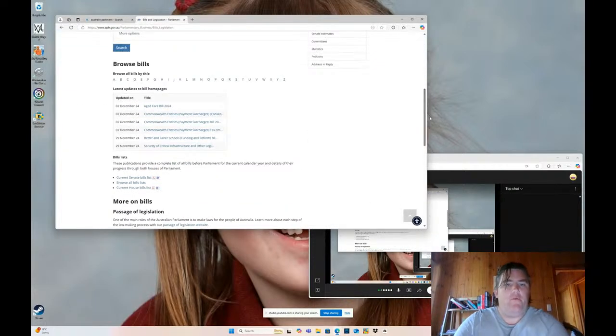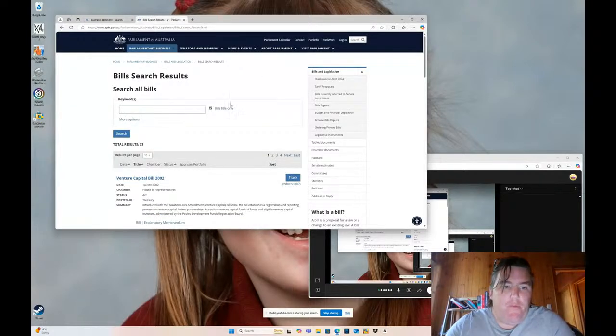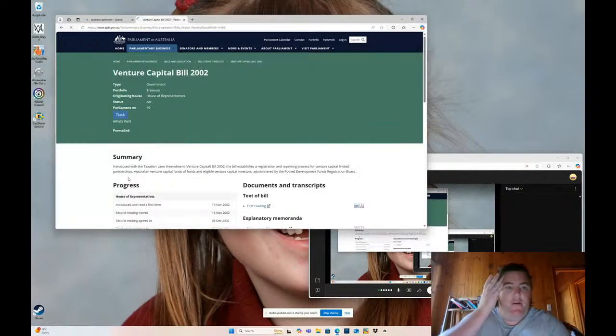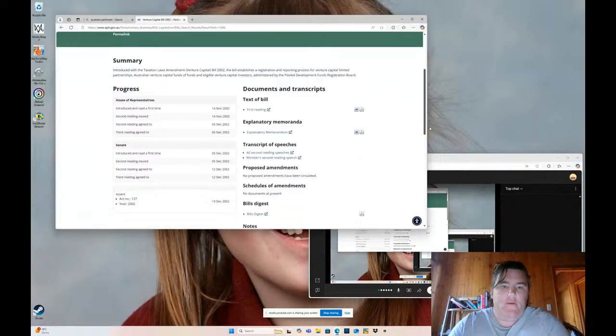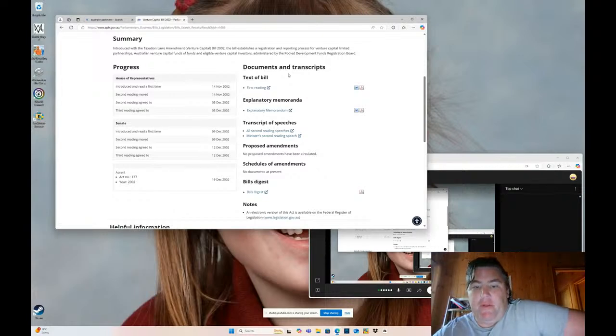So let's go. Let's go to P. I don't know. Let's go anyone. V. I wonder what's under V. Venture Capital Bill. Okay, let's go with this. It's in its first reading. Okay. So on any bill here, see the explanatory memorandum here and speeches. This is going to help you understand what the meaning of the bill is, what they mean by this, what